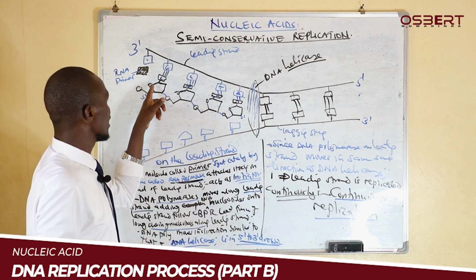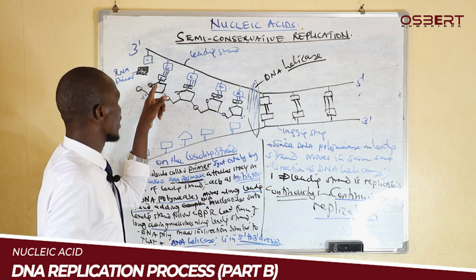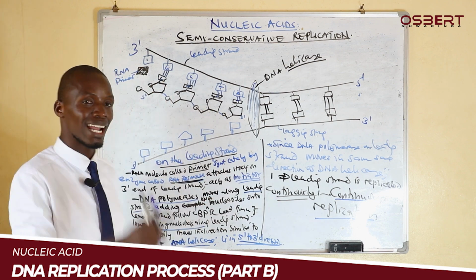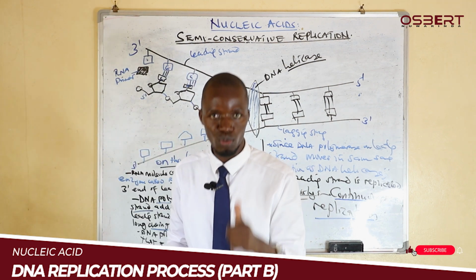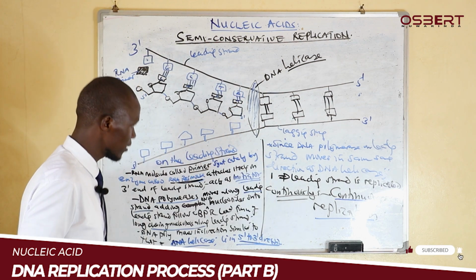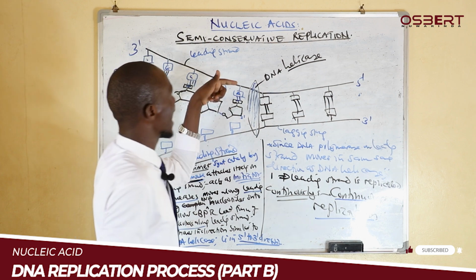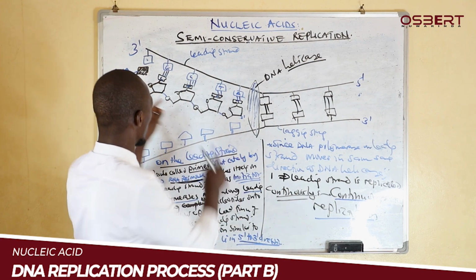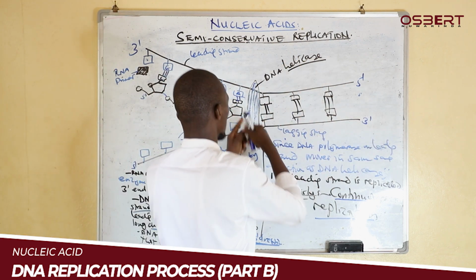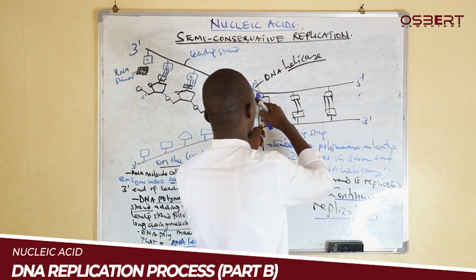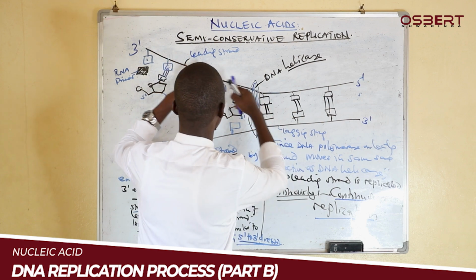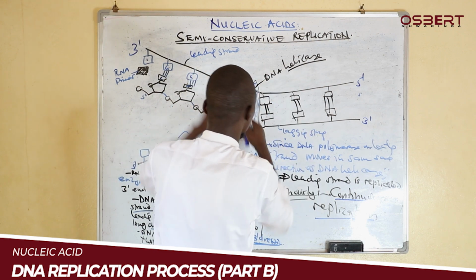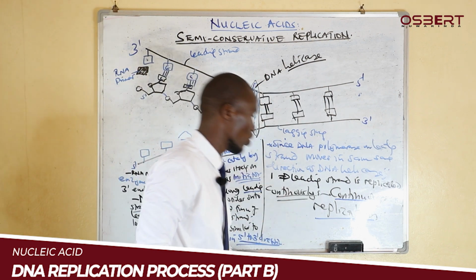As the DNA polymerase is moving, the molecule is being added in a 5' to 3' direction, and that's the direction within which DNA polymerase can do its work very well. Because DNA polymerase is moving in the same direction as the DNA helicase, as the helicase opens, the polymerase will just be adding and a new chain will be formed. By the time the helicase reaches the extreme end, a new chain will have been added onto the leading strand. So that's how we say this one undergoes continuous